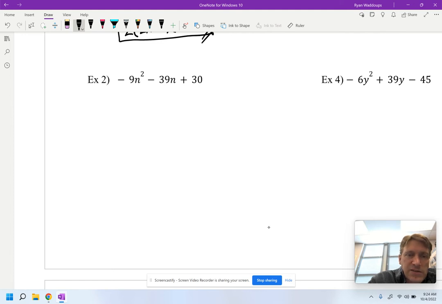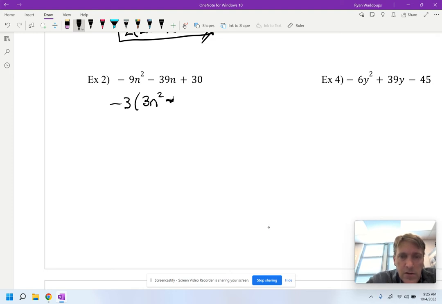So 9 is the smallest number, but 9 won't go into either 39 or 30. But the next biggest factor of 9 is 3, and 3 will go into both 39 and 30. So I'm going to factor out a 3. But because it's negative 9n squared, our leading coefficient is negative, we want to factor out a negative. So that's going to be negative 3 times 3n squared